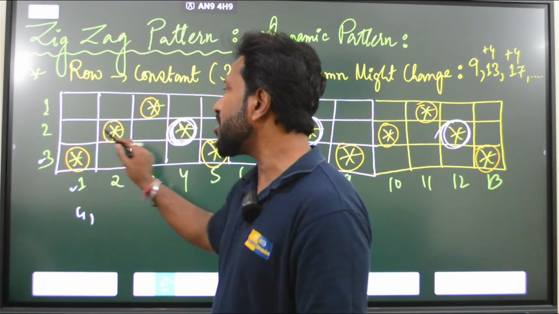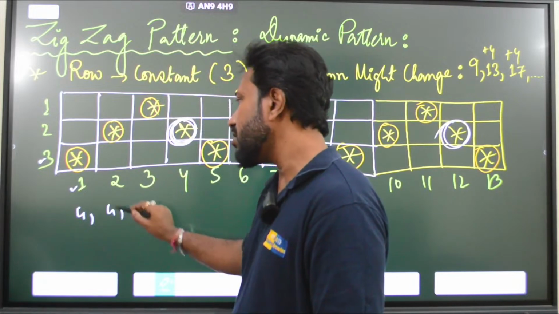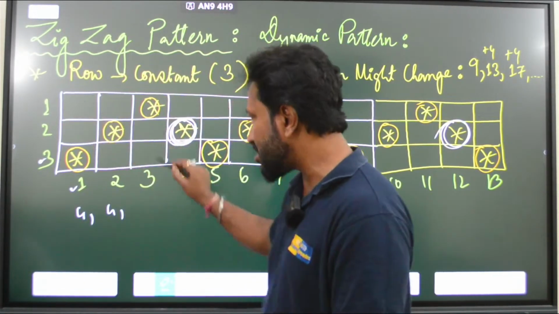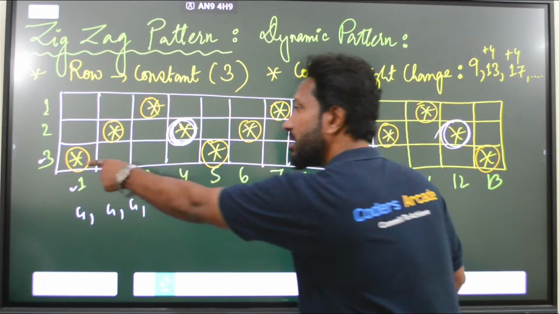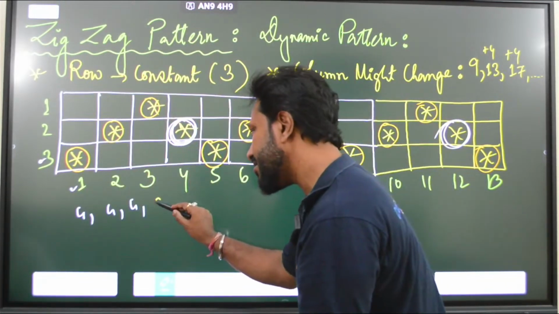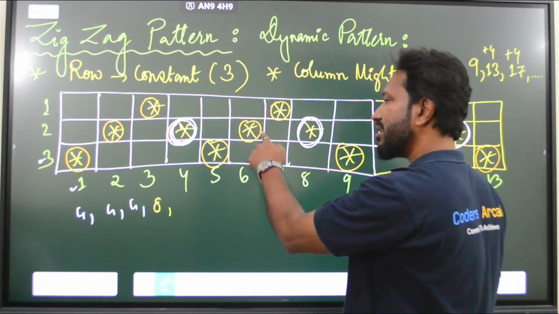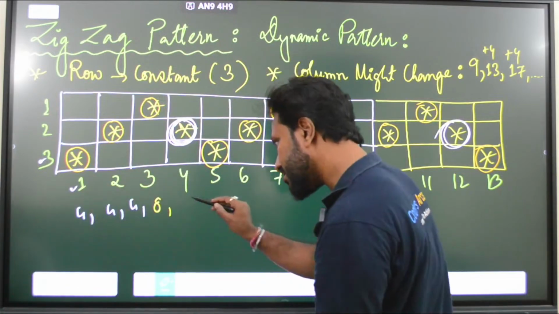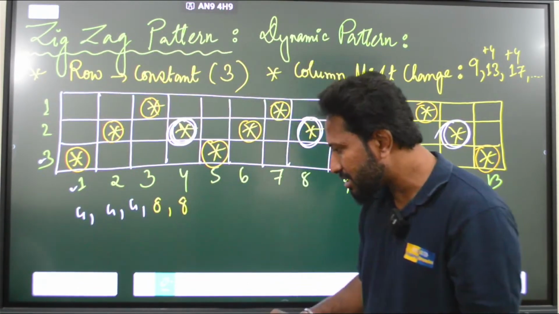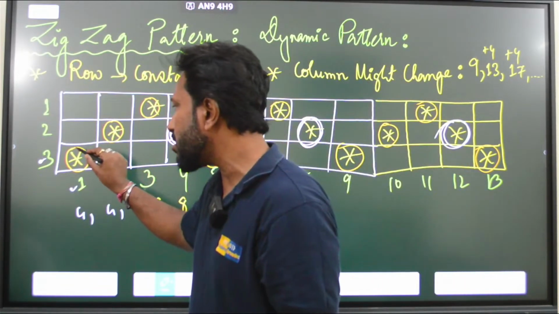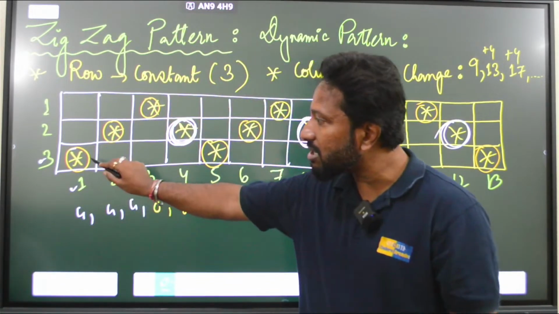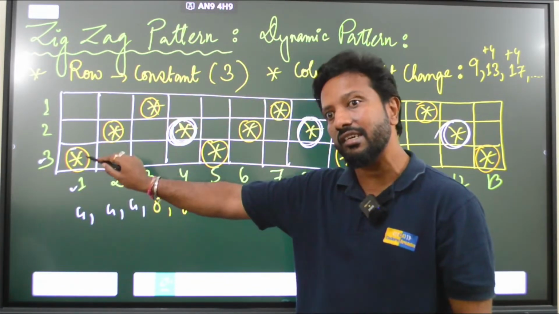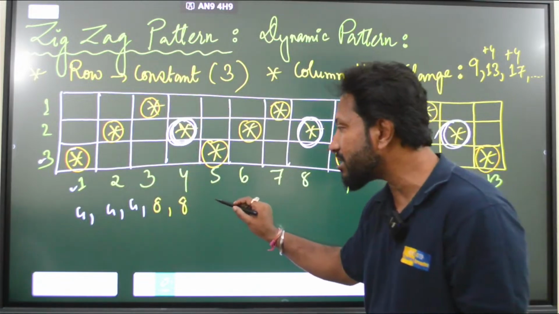Then 2 plus 2, you will get 4. Then again this 1 plus 3, you will get 4. And here 3 plus 5, you are getting 8. Again this one, 6 plus 2, 8. So all of the yellow or orange circles that I have circled here, when you add the row plus column,